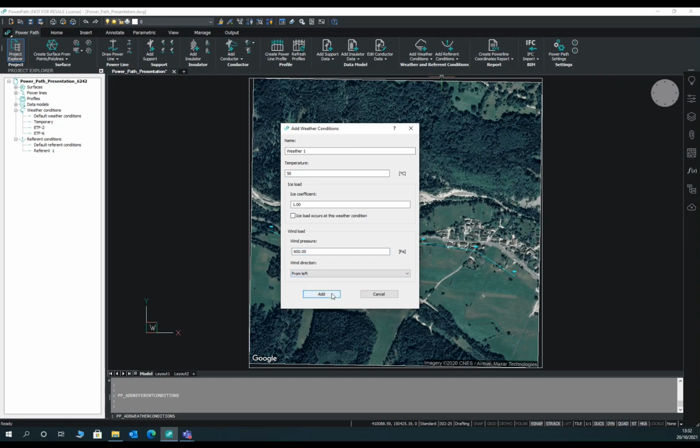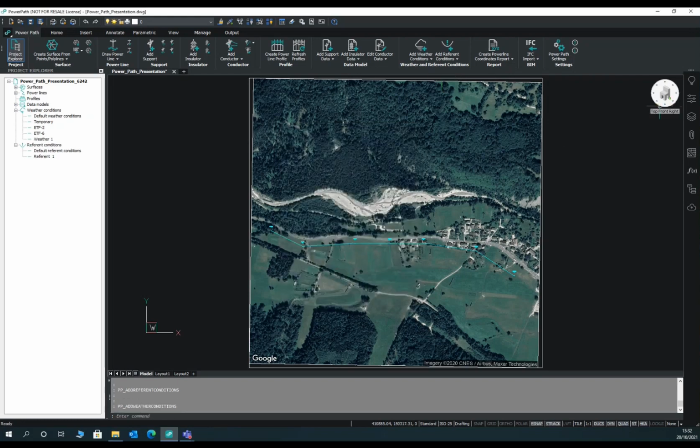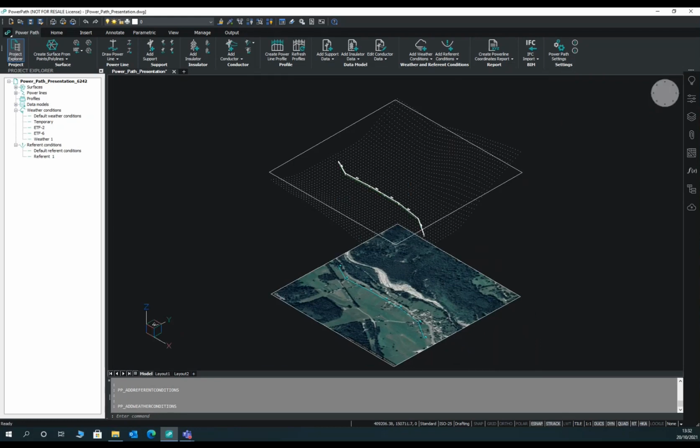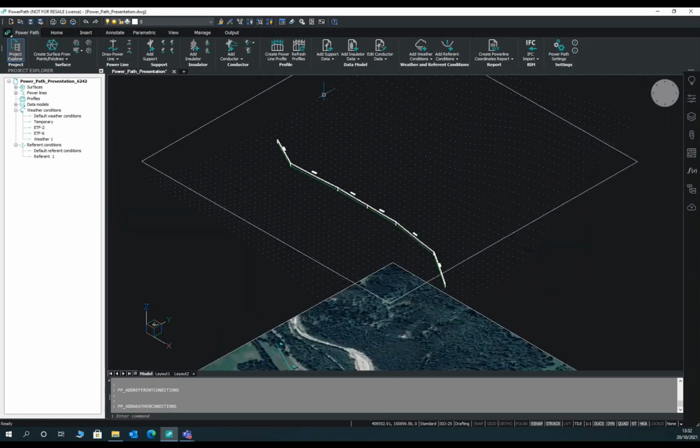So you can just add. I will just use 3D model just to see, okay. And now when you create them, you want to add them to your power line and conductors. If you don't have a power line, you want to create a power line, you can go here, as my colleague